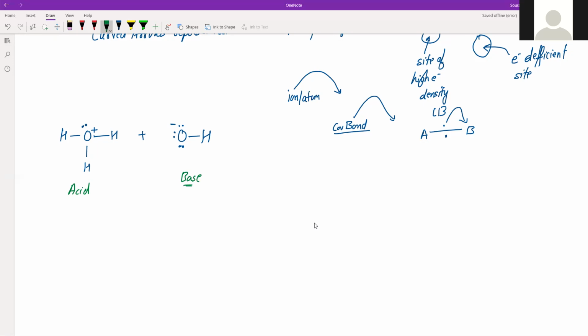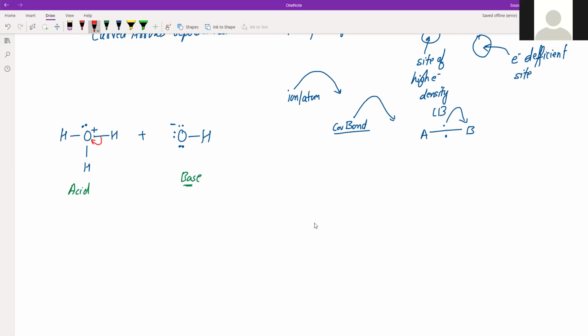Now what happens? We have to show the electron transfer. How are we going to show this? Electrons will be transferred from this bond. They will not be transferred from hydrogen. Hydrogen has no extra electron. And this O is electron deficient. That's why there is a positive charge there. So it will take an electron from any of these bonds. So here we are going to show the electron transfer as this. You can see here it starts from the bond.